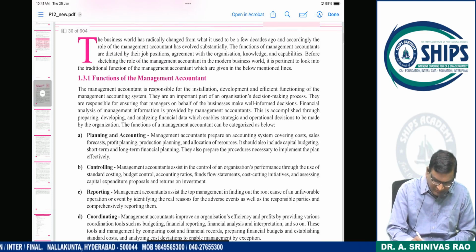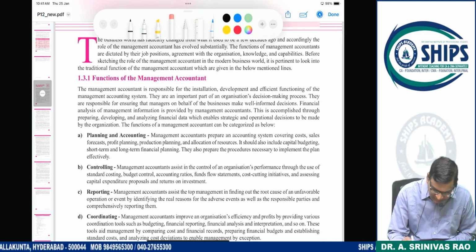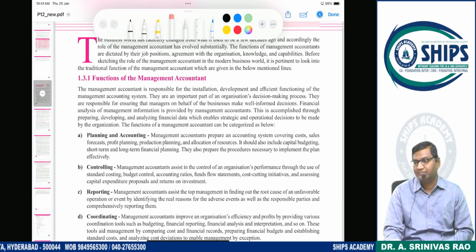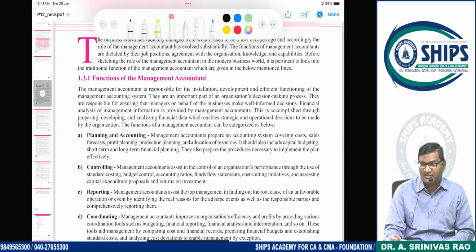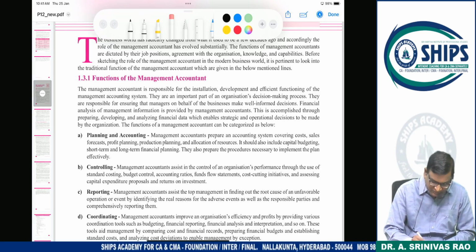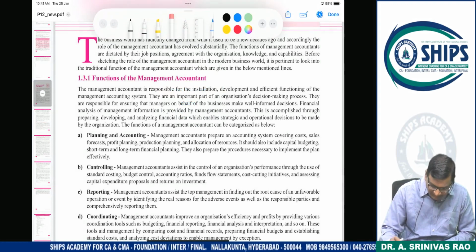So the first, compulsory function is planning, because everything is based on planning. First preliminary process in decision making is what? Planning. Generally, if there is good planning, targets or objectives can be achieved. If planning is not appropriate or good, then everything will fail. So the first point covered here is planning.